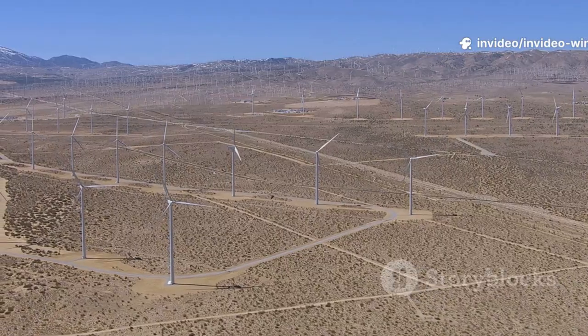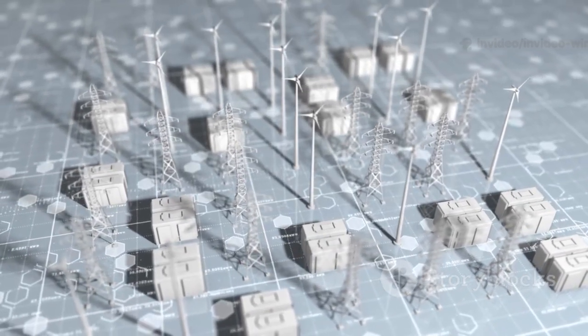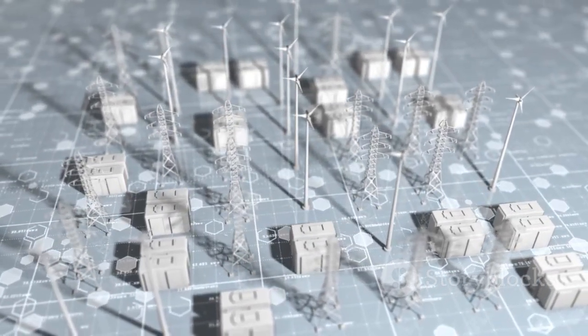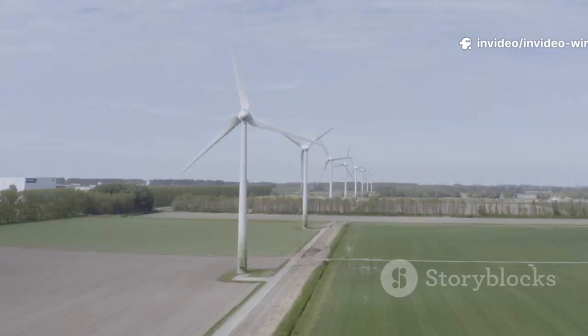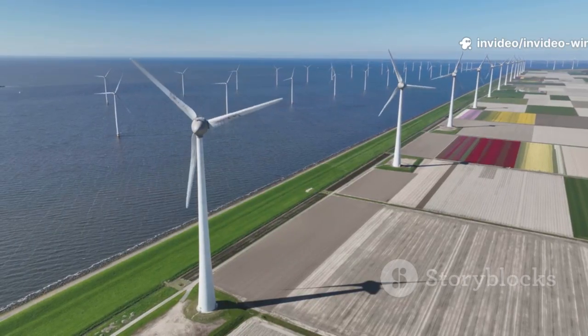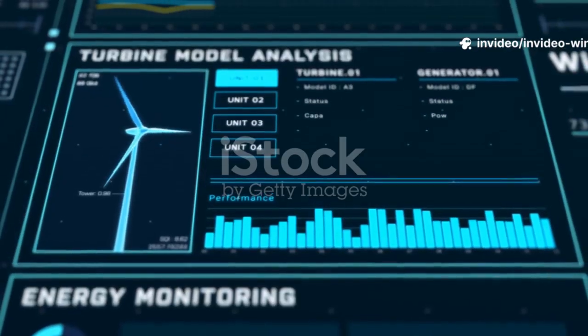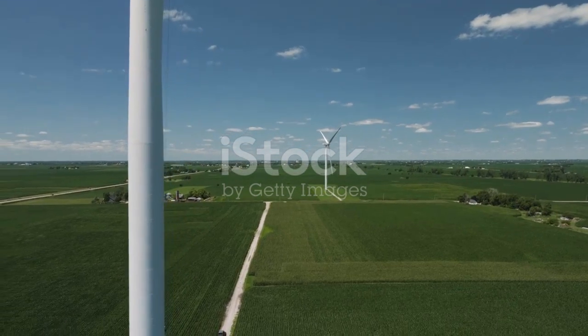But wait, it gets more interesting. With optimization algorithms, think of them as supercharged problem solvers, I can automate the hunt for the absolute best layout. These algorithms shuffle turbine positions, angles, and spacing in thousands of combinations. The goal? To squeeze out every last bit of energy, while also making sure the farm is cost-effective and safe